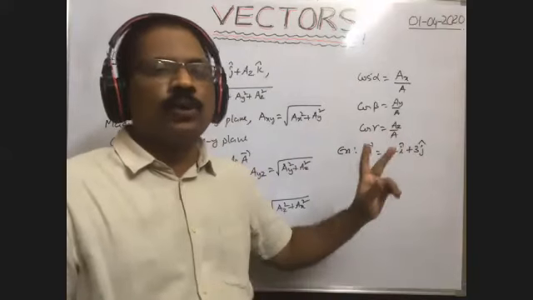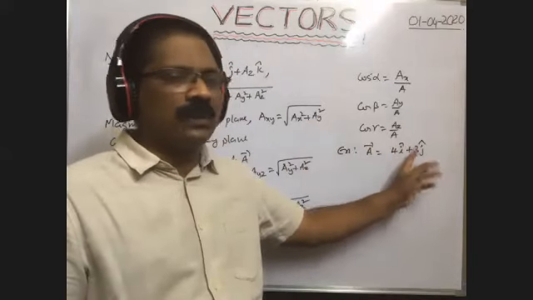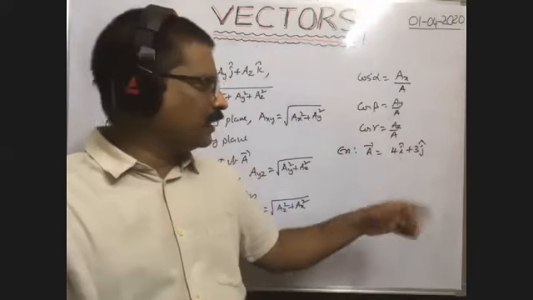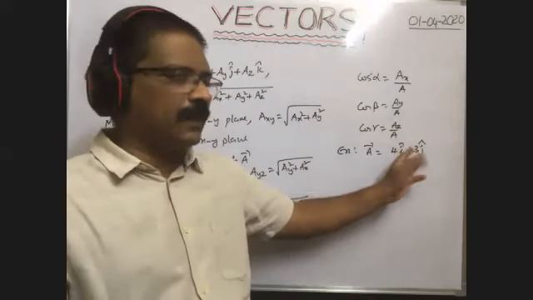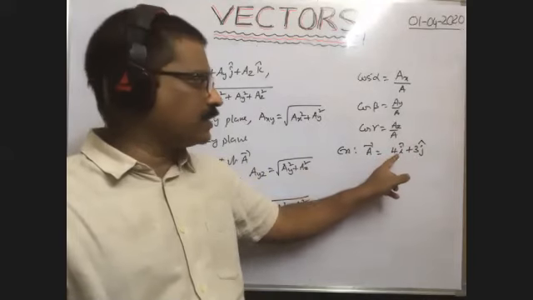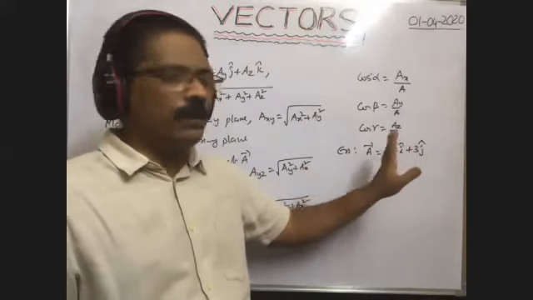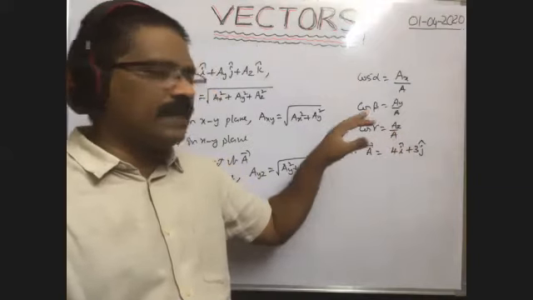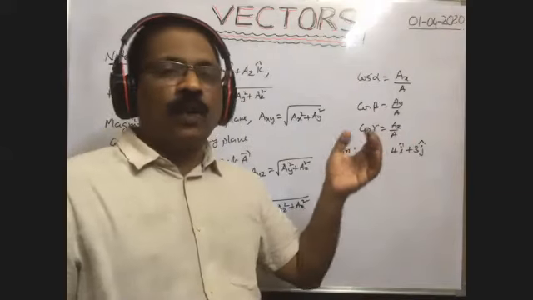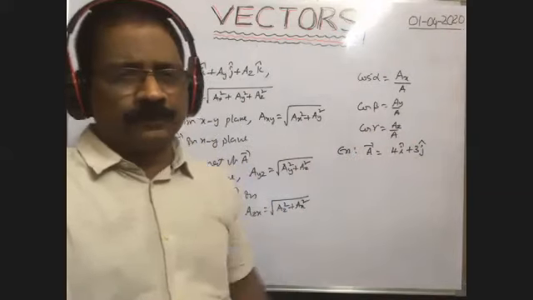If only two components are there, x component and y component, or y, z, or z, x, then we can say that it lies in a plane. Here, as x and y components are there, because I cap is the unit vector along the x axis, that's why it is the x component. Similarly, it is the y component. That's why this vector lies in a plane. Here they asked, what is the magnitude of this vector and what is the direction of this vector?